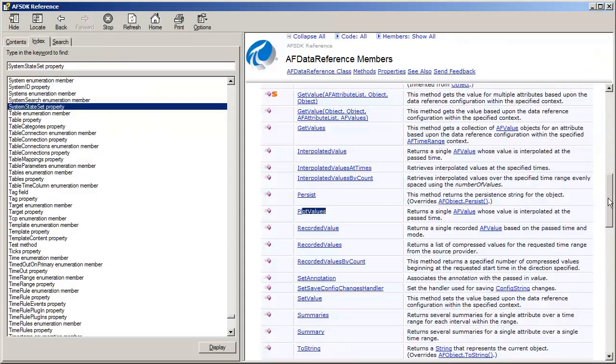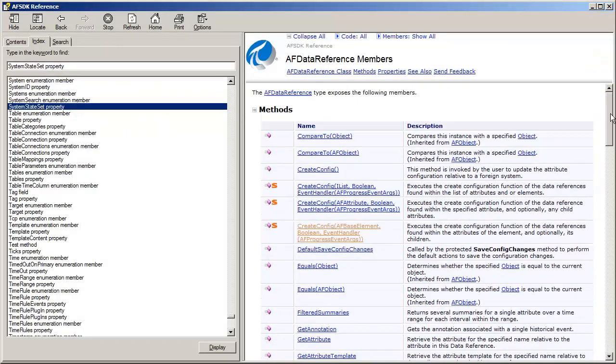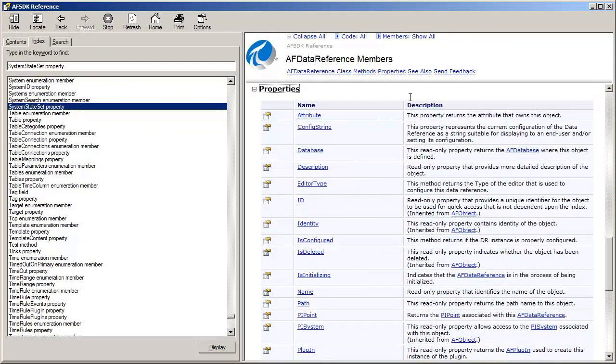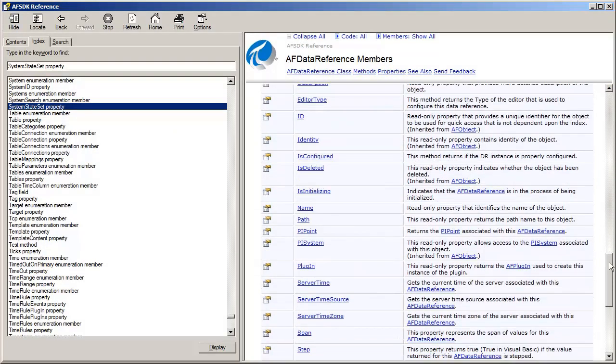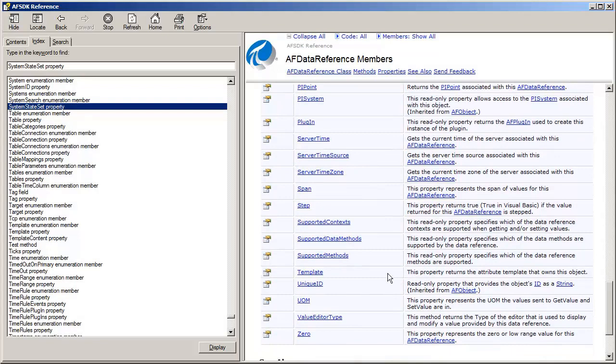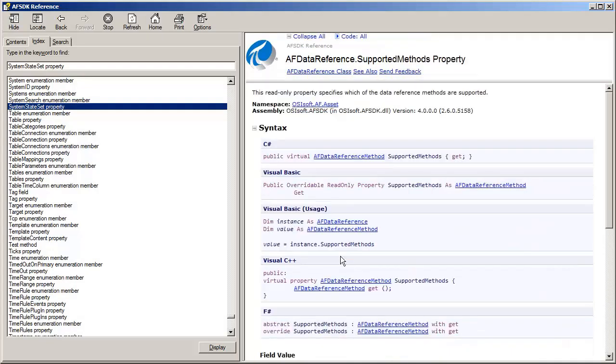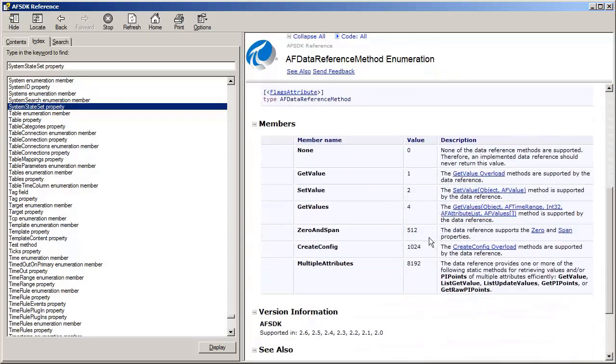So on the data reference, there are a couple properties here that are relevant. There's a supported methods property that contains all of the classic data reference methods, signaling that we do implement those.